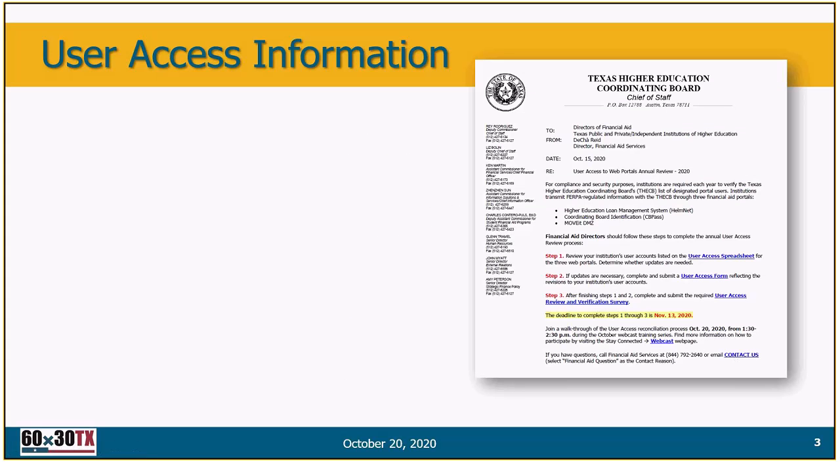So about a week ago on October 15th, we sent out a memo through our Gov delivery system to notify directors that it's time for the annual review. The annual review starts every year around this time. It's usually between October and December. And again, the goal is to ensure security. So we want to make sure that all users that have access are appropriate